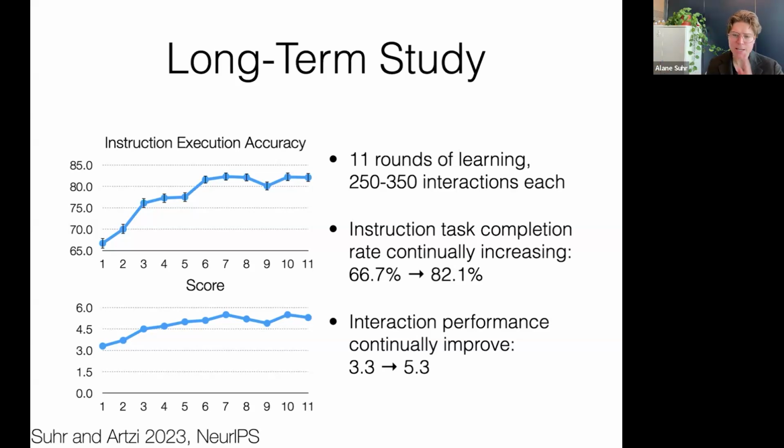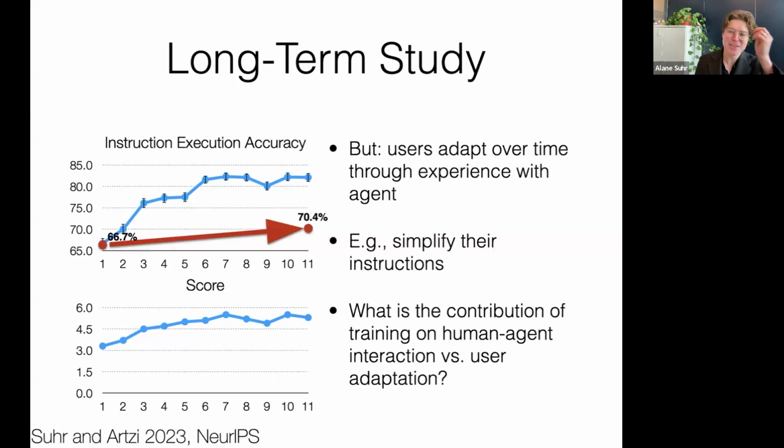Each round here, the score is coming from a subset of the instructions that people actually issued during that round. So the test set at each X point here is actually different, because we're sampling from things that people asked for in each round individually, which leaves the opportunity for these improvements to come from users issuing different instructions. People are going to adapt to the system during interaction to make it more useful for themselves. For example, they might simplify their instructions.